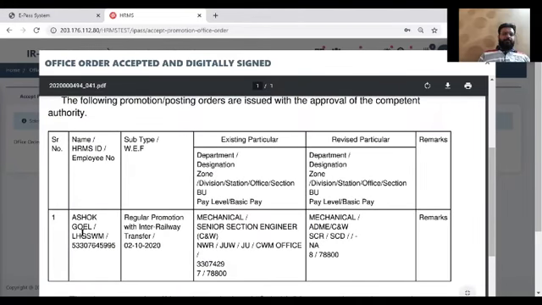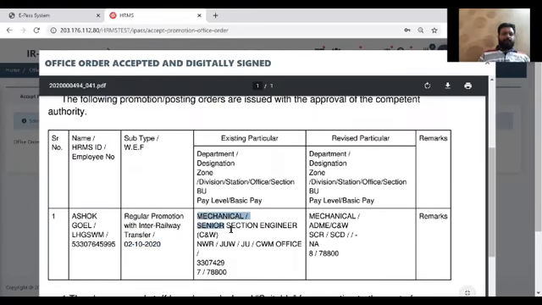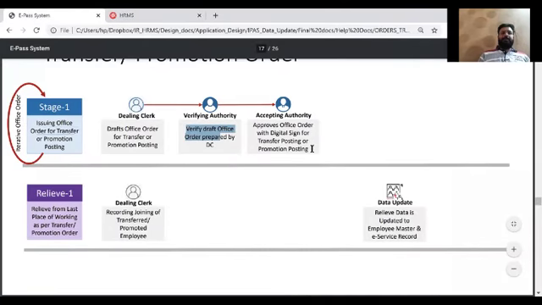So we have name, TMS ID, IPAS number, reason, date effect from, and the existing particulars as per current tab and the revised particulars of the employee. So now stage 1 of issuing an office order is completed.